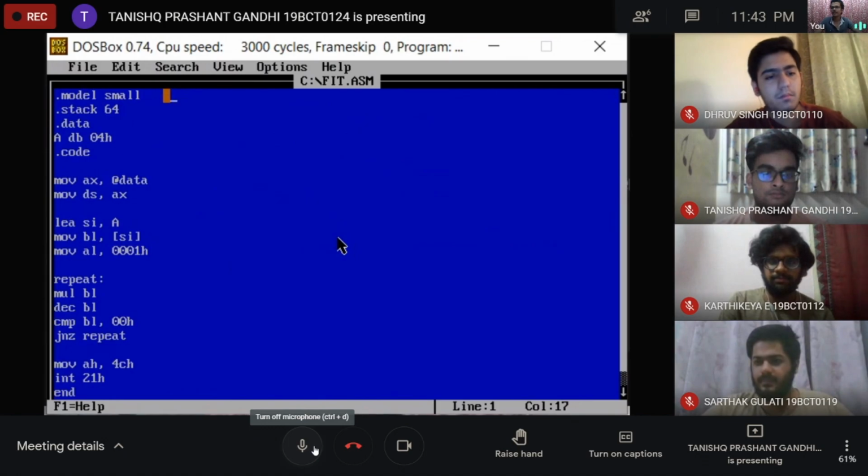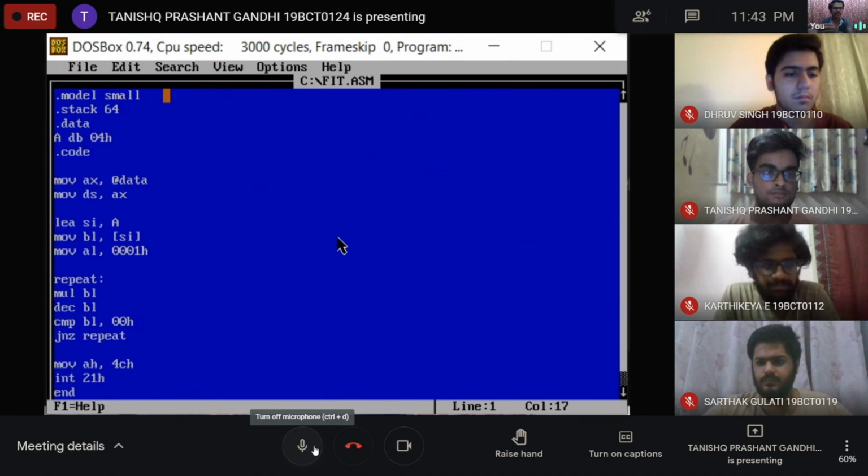For the loop part, the first thing is MUL, which multiplies BL with AL. BL has 04 and AL has 01, so 04 will be multiplied by 01. Now AL will be 04, and DEC BL means decrement the value of BL, so BL is now 03.